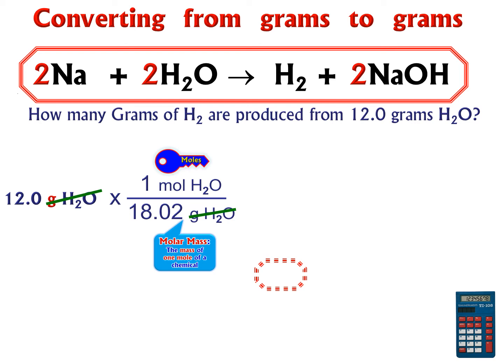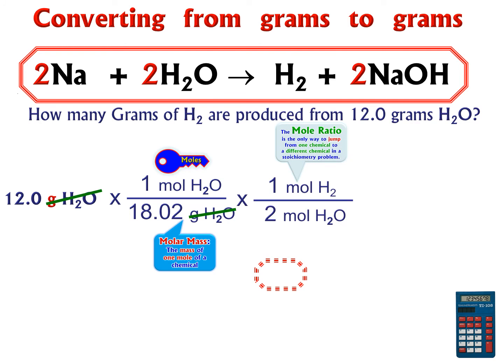Hydrogen, moles of hydrogen. What's the number that comes with the hydrogen? Invisible 1. This is the mole ratio that we're going to use in this problem. 1 over 2, because we're jumping from the water to the hydrogen. That's the way you put it. And then what unit is going to cancel? Moles of water. Now we've got moles of hydrogen. Notice we've got moles of a different chemical now. That's the chemical we want in our